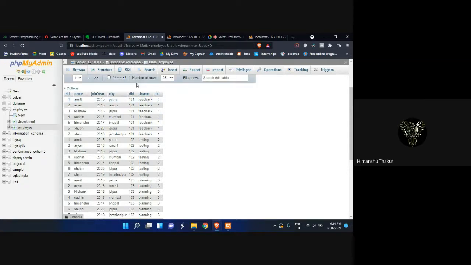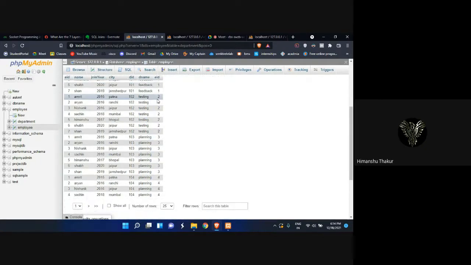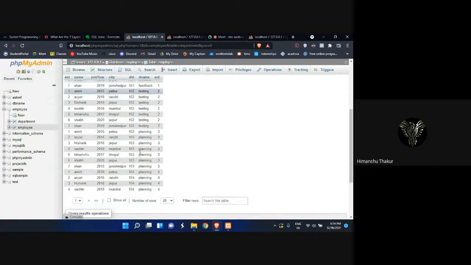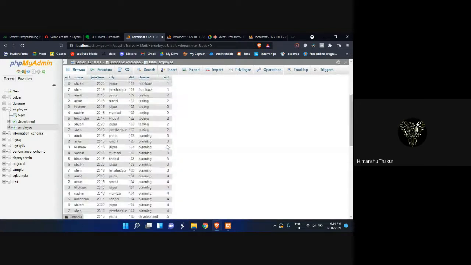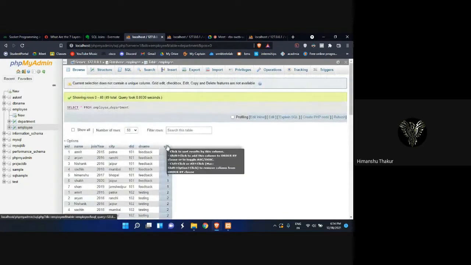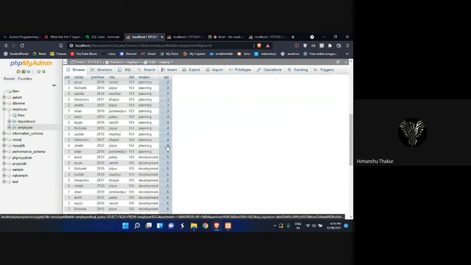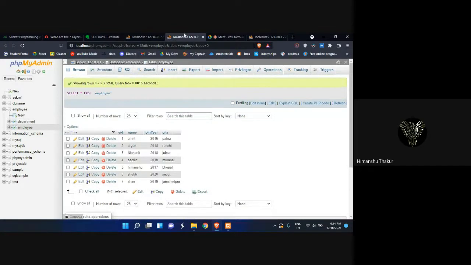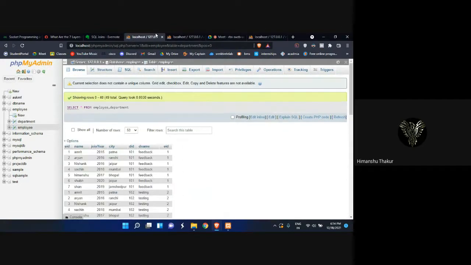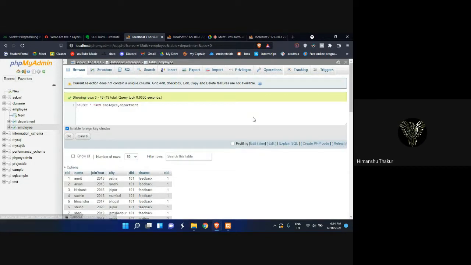For the employee table, for every record we can see the department table is repeating many times. There are 49 rows. Anyways, it is not that important. Let me just show what join does. This was a bad idea to try to explain this.